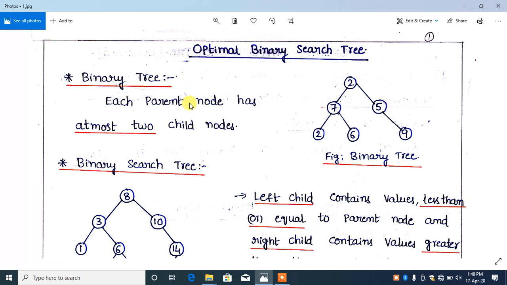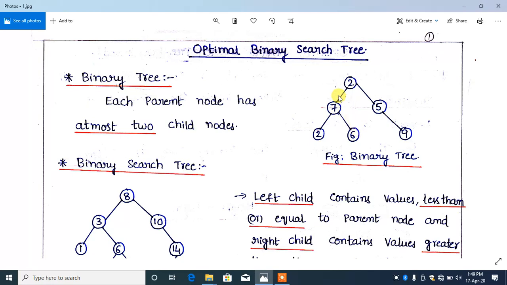A binary tree is a tree data structure where each parent node has at most two child nodes. Let us see the example. Except the leaf nodes, all the parent nodes have at most two child nodes.